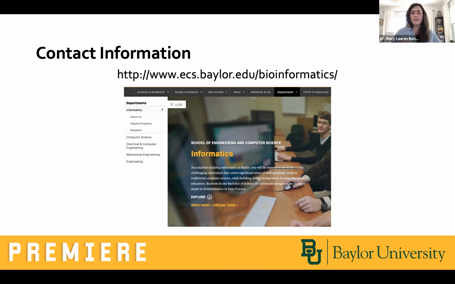So I guess for clarification, does the major branch out into a specific field? Yeah, the student didn't say, but let's say they really loved physics or math, one of those disciplines within the major. So I think with the data science major, you have the minor and you have some additional electives that you don't have in the bioinformatics major that would allow you to take some classes that are more specific to the parts of data science that you're interested in. So I think you could branch out or take a path that tailors that degree to your interests.